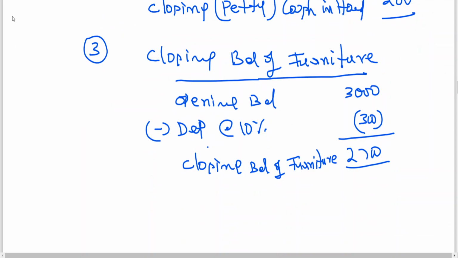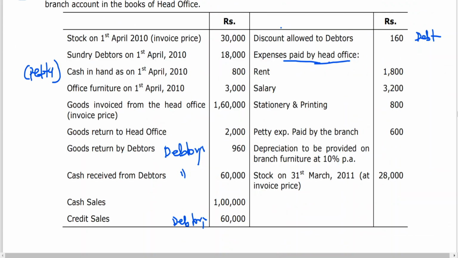Okay, so I think we can start doing the problem now. And the loading effect. Everything is given at invoice price. When nothing is mentioned, goods sent is at invoice price. Obviously, goods returned to head office also at invoice price. No need to mention. He has given this to confuse you. Unless he gives cost price, you shall assume that when goods are sent to branch from head office at invoice price, returns are also at invoice price.